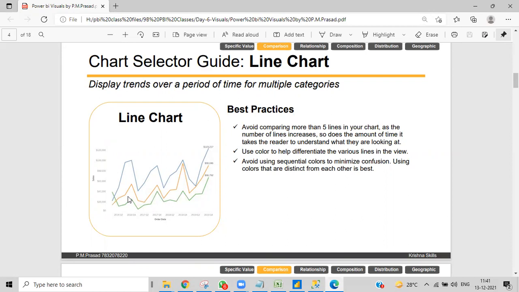We'll compare year to year, what has been happening this year and what has been happening in last year. Generally it is used to show the trend and the growth. So when these two concepts come up, obviously we'll use this line chart.